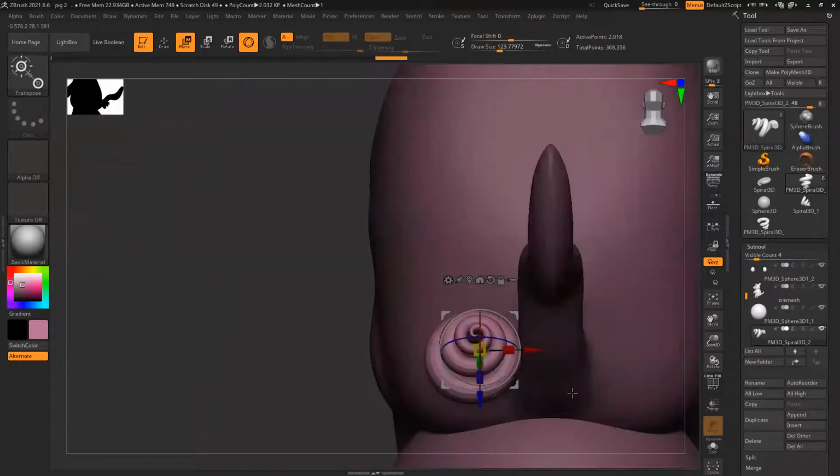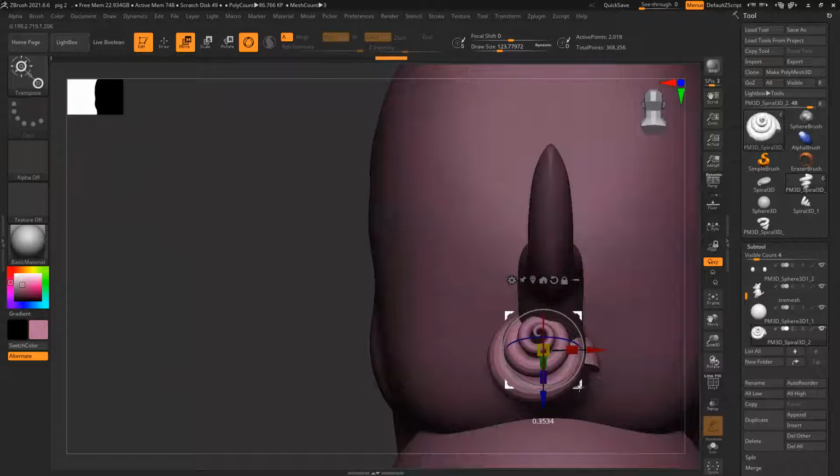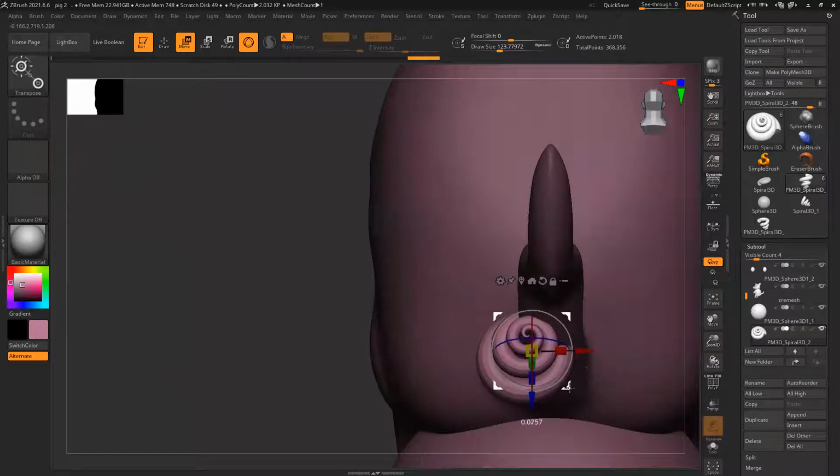For this I have to place it properly in the correct location.